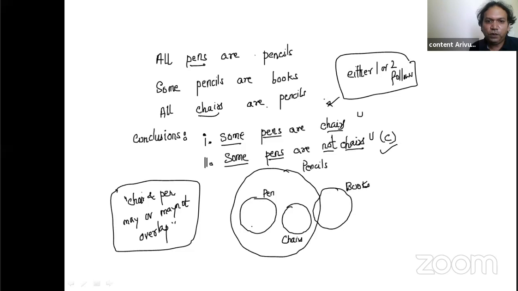See, if one conclusion is uncertain and one is false, the answer would be D. What will be the answer? Answer would be D, that is none of the conclusions follows. We're not looking for uncertain statements. Please keep this in mind. We're not looking for false statements. We're looking only for statements that are logically true. Uncertain statements become a part of the answer only in two scenarios, both of which I have discussed with you here. So if one conclusion is uncertain and one conclusion is false, answer would be D, neither nor.